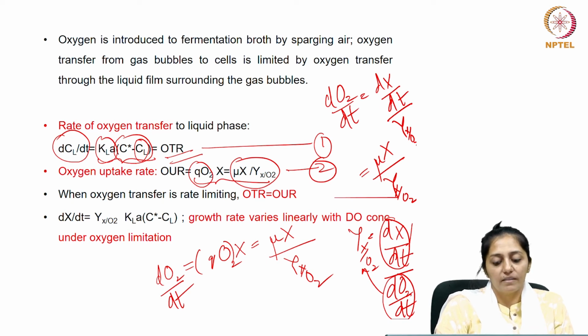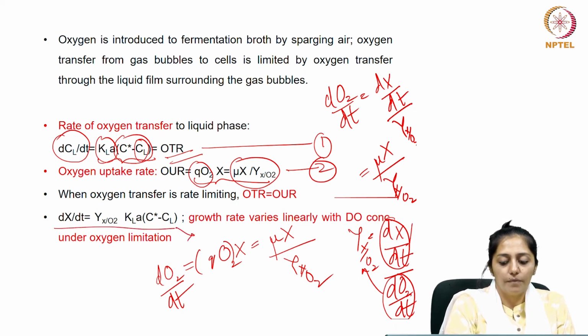So in that case, your oxygen transfer becomes the rate limiting factor, and your growth rate can then be made a function of the oxygen transfer,